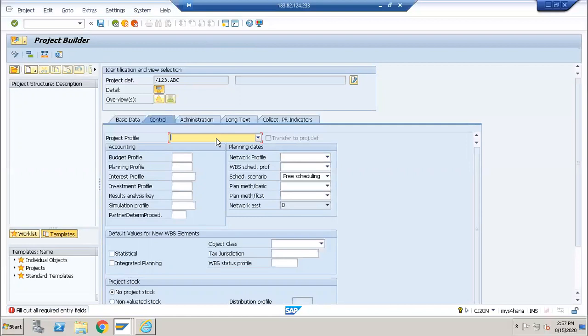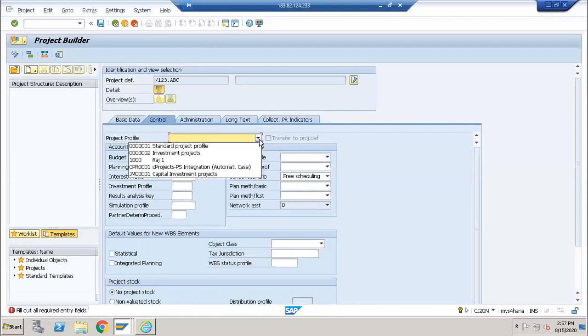Project profile is nothing but, in the configuration, you will maintain some kind of master data and some kind of information which is required or which can be automatically copied into the project. So it has different values, like what kind of a project we are creating, what is my master data, what is my sales org data, what is my planning data, what is my networks, and what are the controlling settings. All these things will be available in the project profile. We will see the configuration.